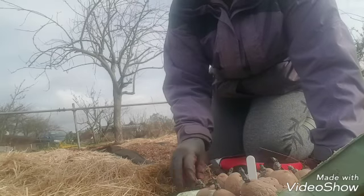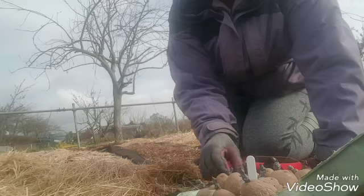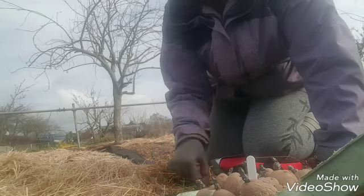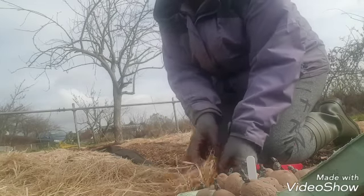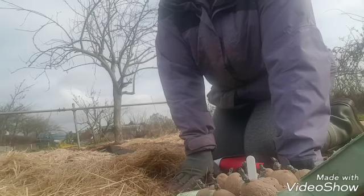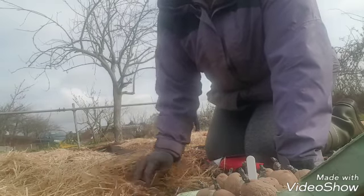I'm not going to go too deep because I'm going to be earthing up with straw and bedding and stuff. So I'm just going to pop them in. I'm going to get some topsoil, drop it in over the top, and then I'm going to cover back over like that. And that's how I intend to try these this year. It's going to be a bit of a trial, and then I'll just keep strawing up to earth them up